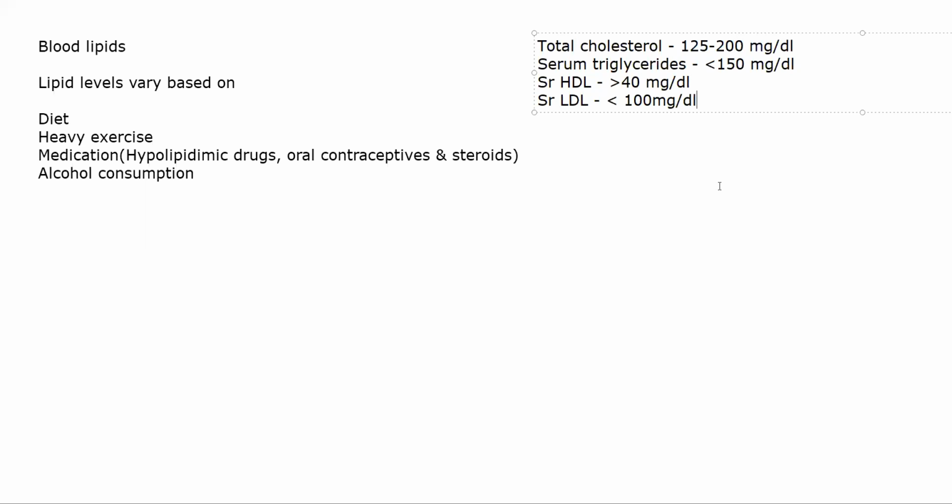Okay, there are certain drugs that can increase triglyceride levels, specifically thiazides. Something like chlorthalidone can increase triglyceride levels, or very high doses of diuretics. Very high doses of beta blockers also can increase triglyceride levels. If the patient is consuming ethanol excessively, or if they are on estrogen administration for a long period of time, that can also increase triglyceride levels. Or if they are malnourished, triglyceride levels will increase. Okay, so that is about blood lipids.